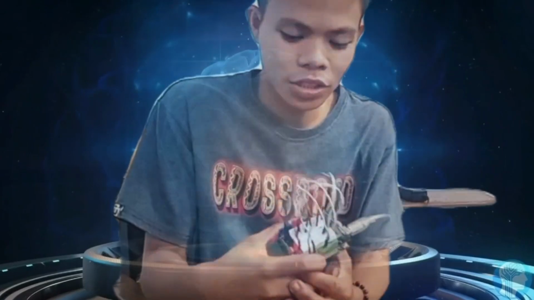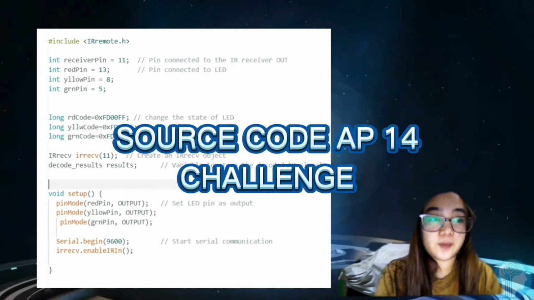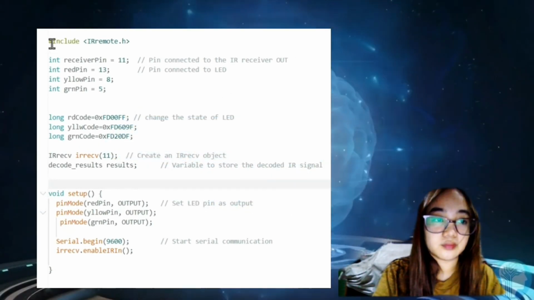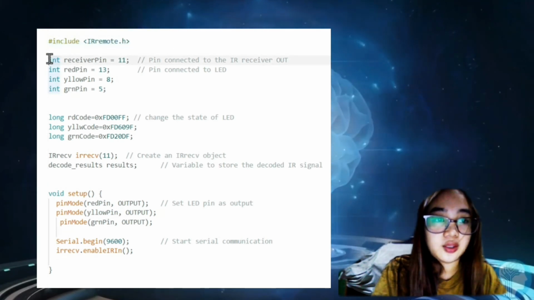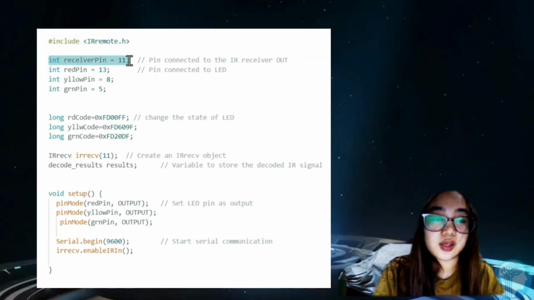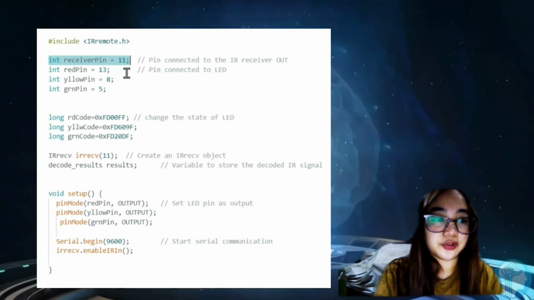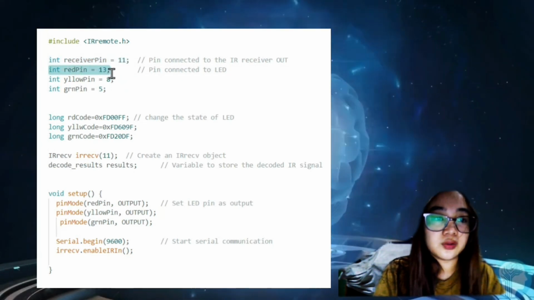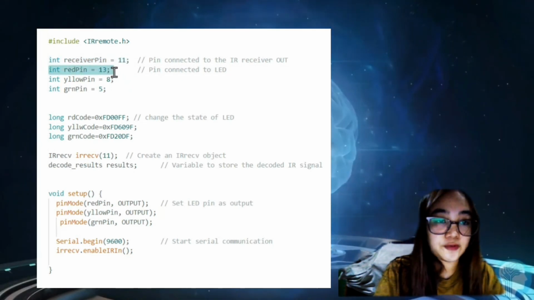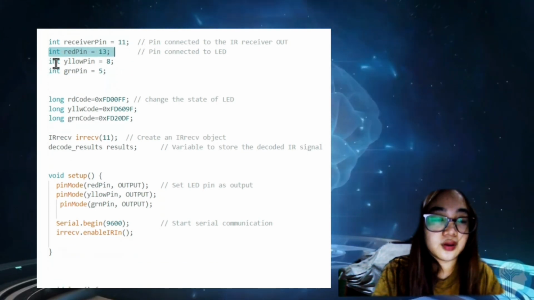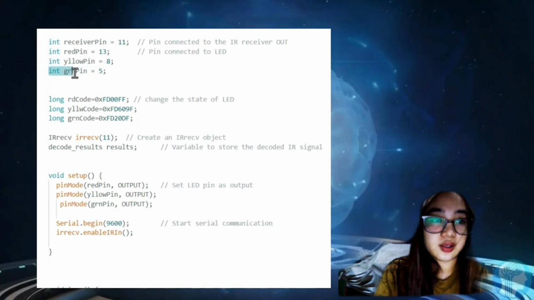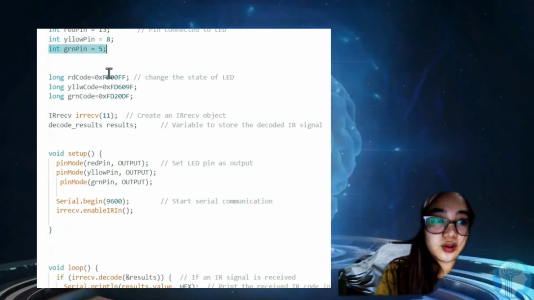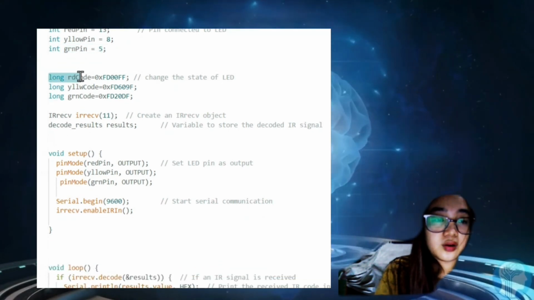And here's the final output of the AP14 challenge. This is the code of AP14 with the challenge. #include IRremote.h, then int receiver pin is equal to 11, semicolon, for the pin connected to the IR receiver. Then int red pin equal to 13, semicolon, for the pin connected to the LED. Same as int yellow pin is equal to 8, semicolon, then int green pin is equal to 5, semicolon. And then long red code is equal to